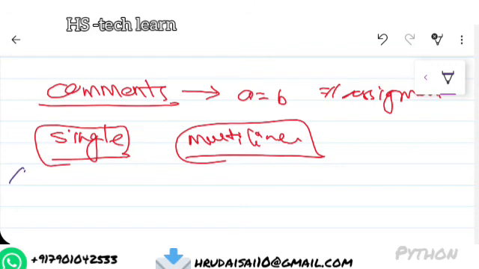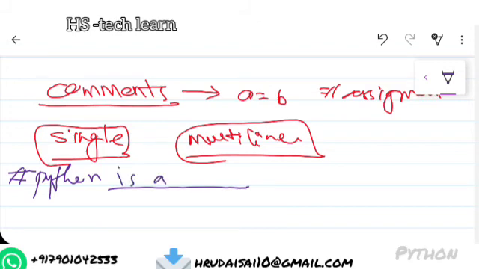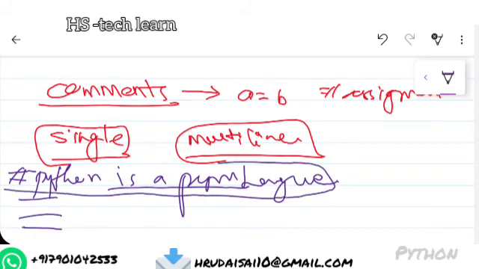We write single line comments with the help of the hashtag, that is hash. Whatever we write after the hash is not executed. Those lines are not executed by Python. Here, until here we have written something. Python is a PGM language, and here we continued the code. This line is rejected by the programming language, here our Python. Okay,